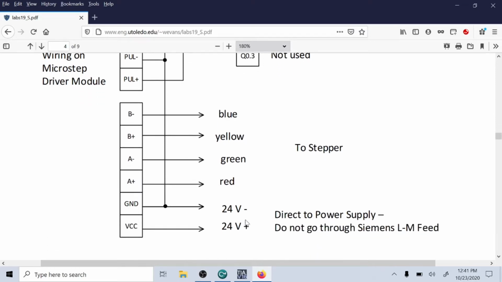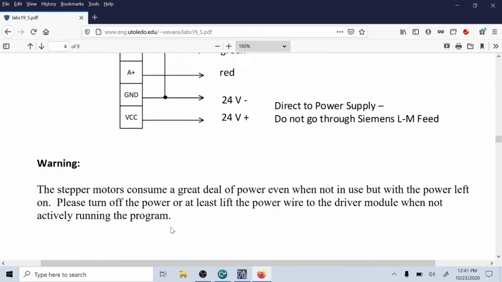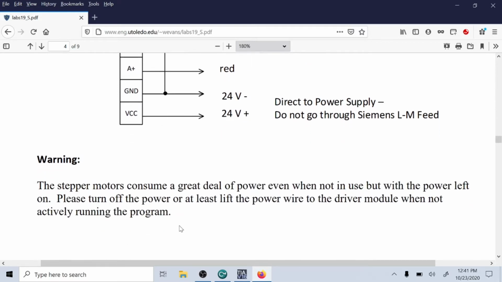And you need 24 volts from a power supply, and do not go through the Siemens LM feed. Go straight from the power supply to the ground and the VCC. It's important. It's also important that you turn off the stepper motor controller and the power when you're not in